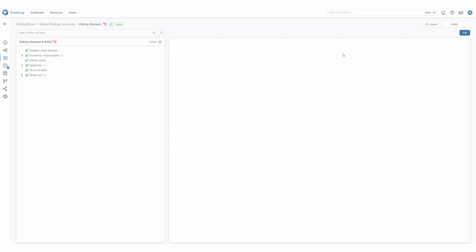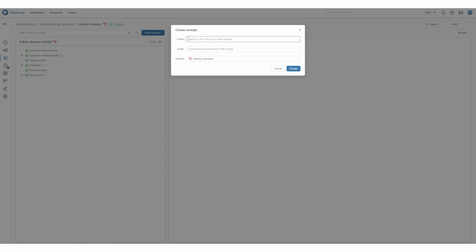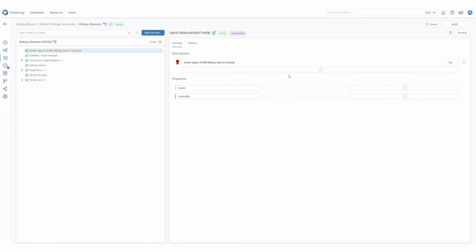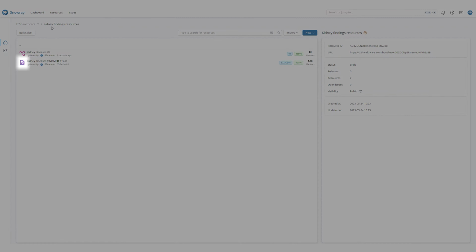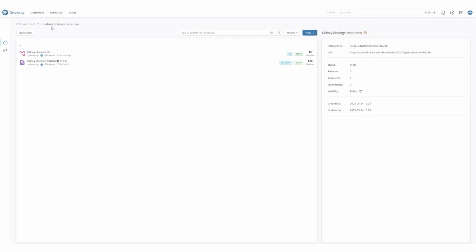Moving back to the Content tab, we can extend our code set by adding new concepts, and we can also specify values for the predefined properties. Moving on, we have the previously mentioned value sets, which are subsets of a terminology usually focusing on a given